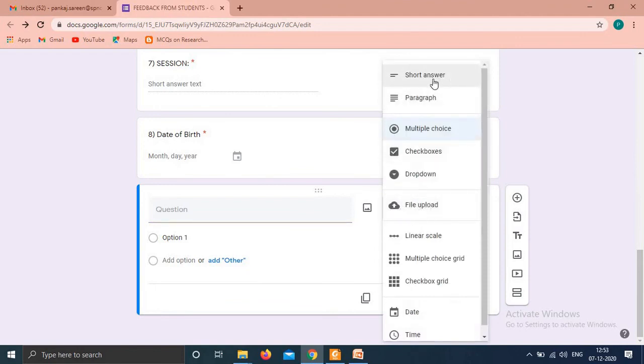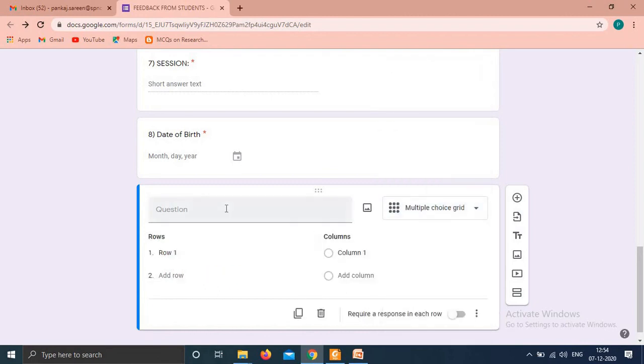So far I have discussed short answer, paragraph, multiple choice, drop down. Similarly, you can insert checkbox. So let me explain this option, multiple choice grid. What is this? Let me select it, and the question is, please provide your feedback.